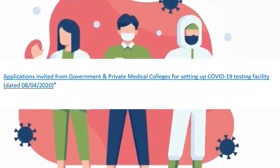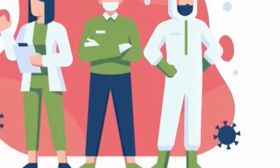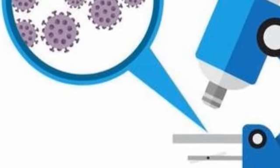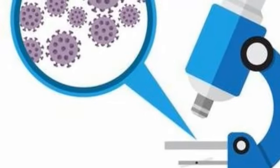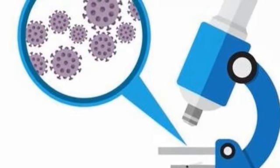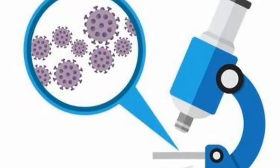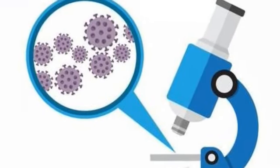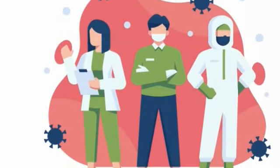Or the lab can go to the ICMR website in the COVID-19 section and look for the notification dated 8th April 2020. This notification is specifically for the applications invited for government and private medical colleges for setting up a COVID-19 testing facility. So, in addition to private medical colleges, all the private diagnostic laboratories which are interested in starting